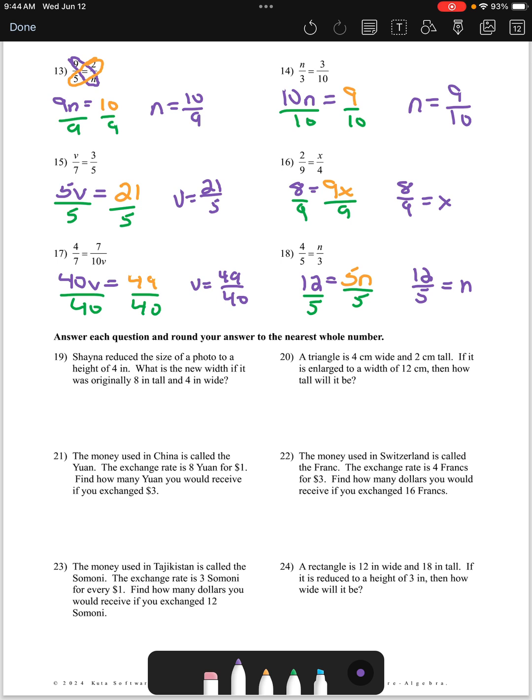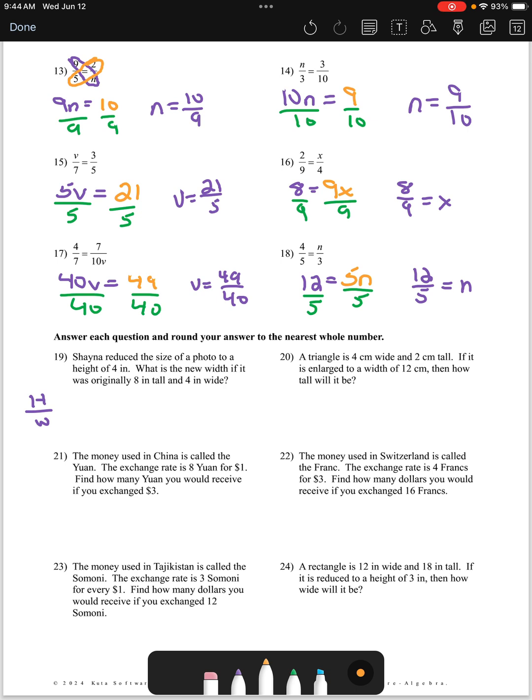Okay, so we're talking about the height and width of pictures. So we've got height and width. And you're going to see me do this on all 6 problems. I'm going to write a fraction that has nothing to do with my solution, but it tells me what order I'm going to build my proportion. So my proportion,